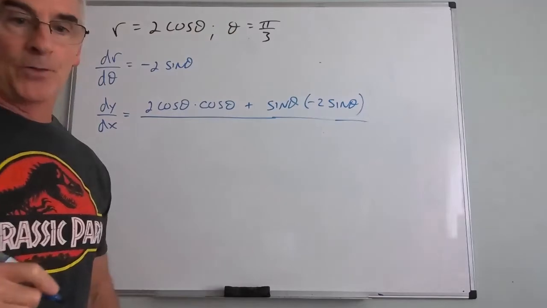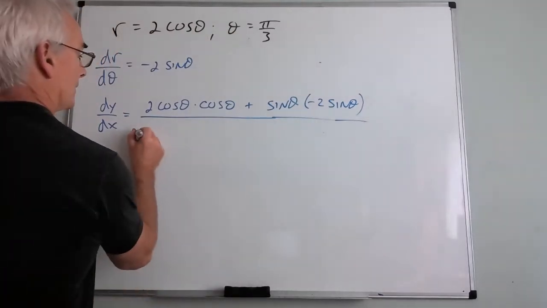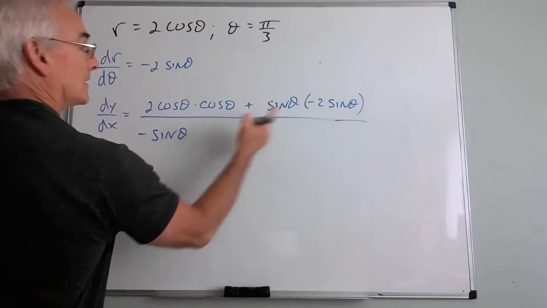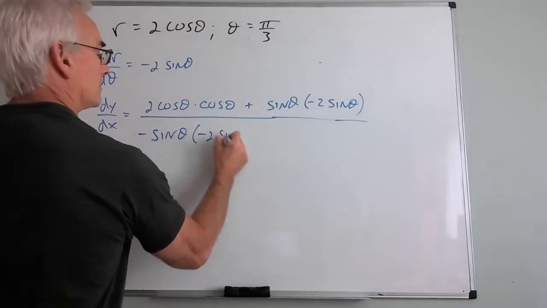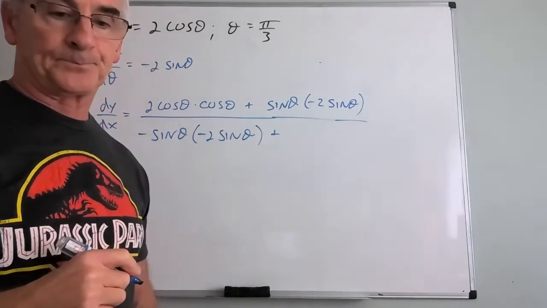Then on the bottom I'm going to take my negative sine times the derivative, and to that I will add